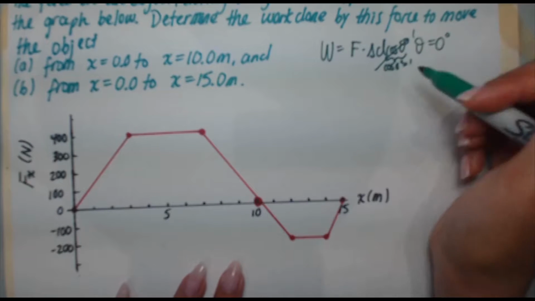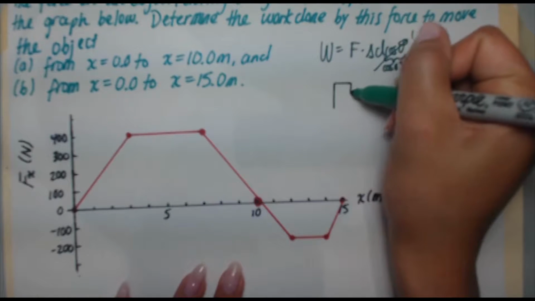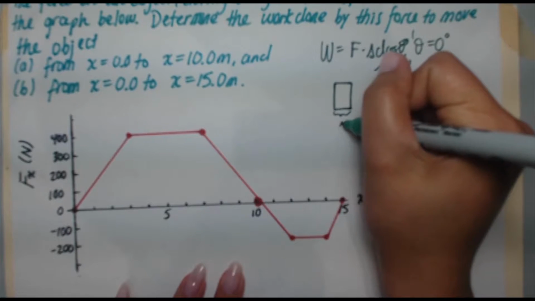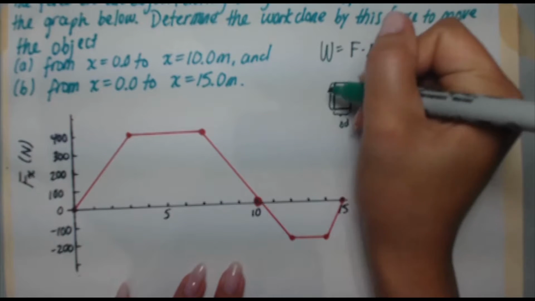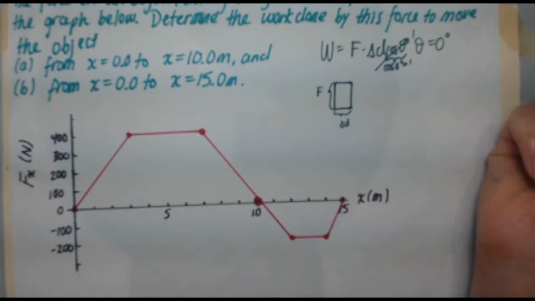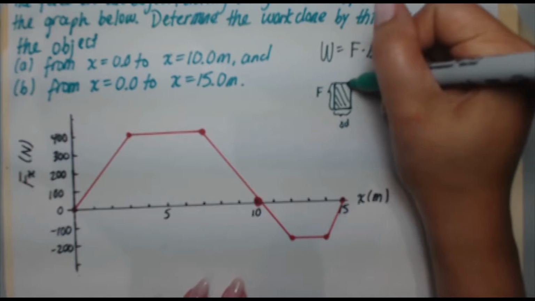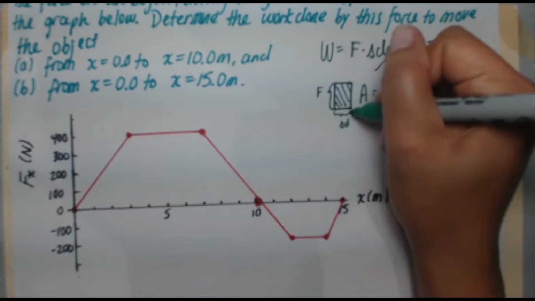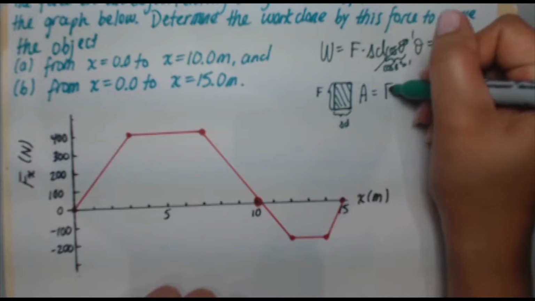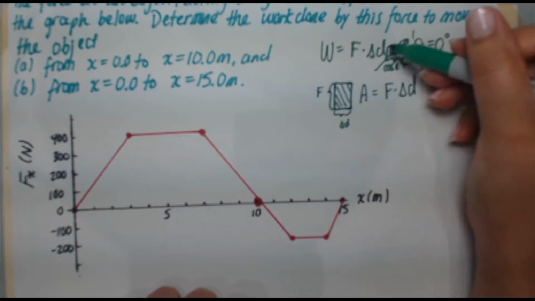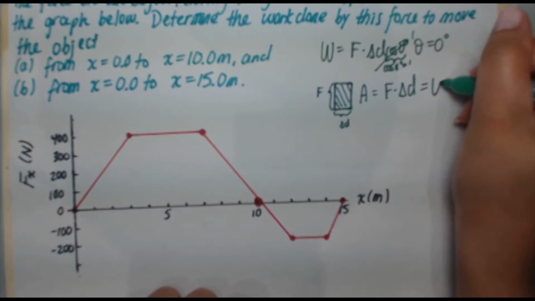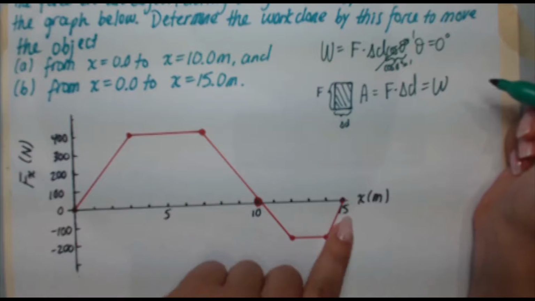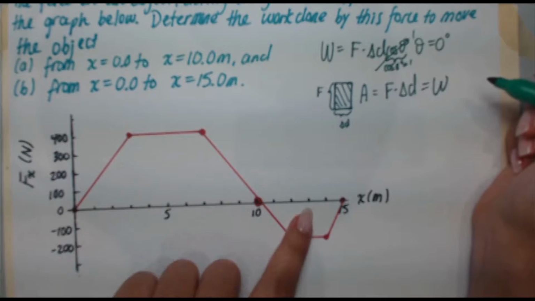Now consider this for a moment. Imagine you had a rectangle with width delta d and height F. How would you find the area of that rectangle? Well, the area would just be length times width, or F times delta d. And that just happens to be the formula for work. So essentially, when you have a force versus distance graph, the area under the graph is